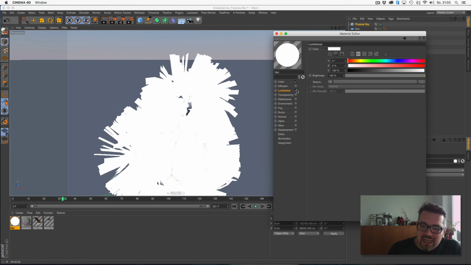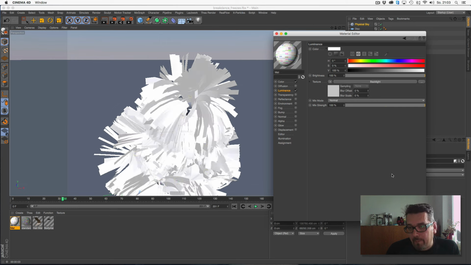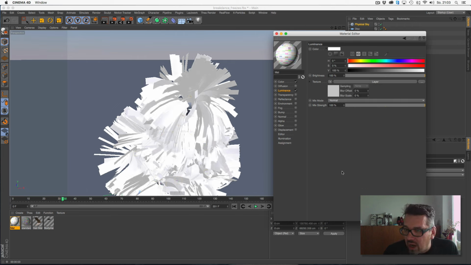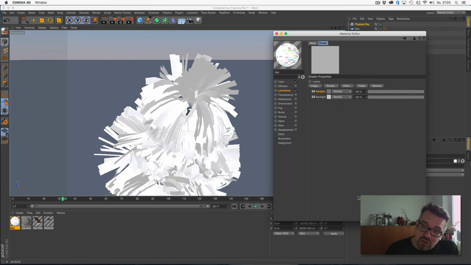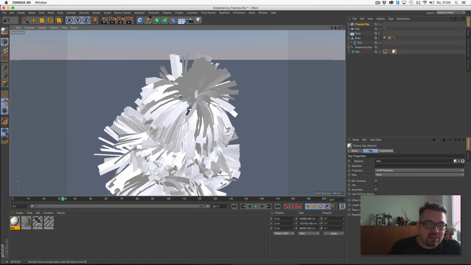Then I go to the luminescence channel and give it the Cinema 4D backlight shader, and mix this in a layer shader together with our original variation shader, just set to multiply. Now the different colors are multiplied with the backlight functionality, and the effect is that